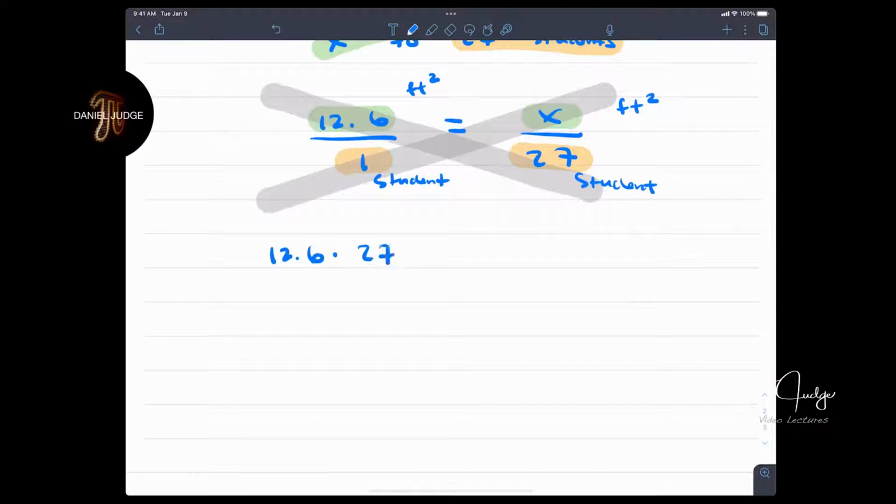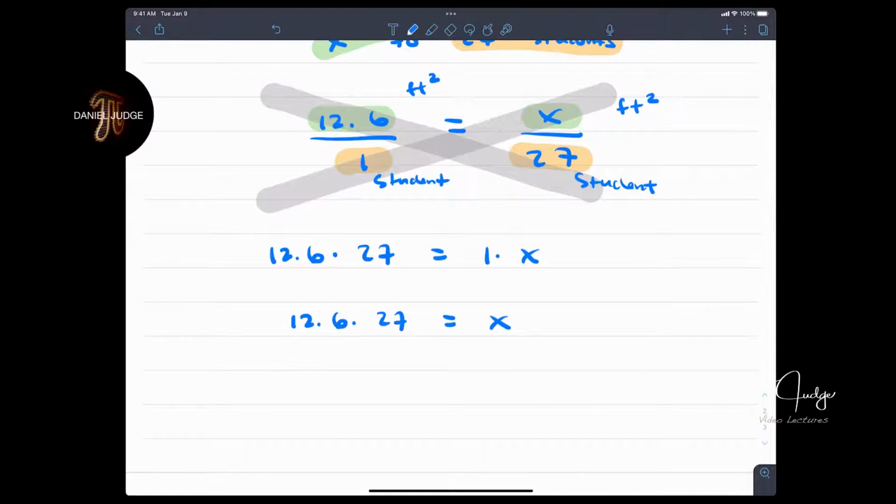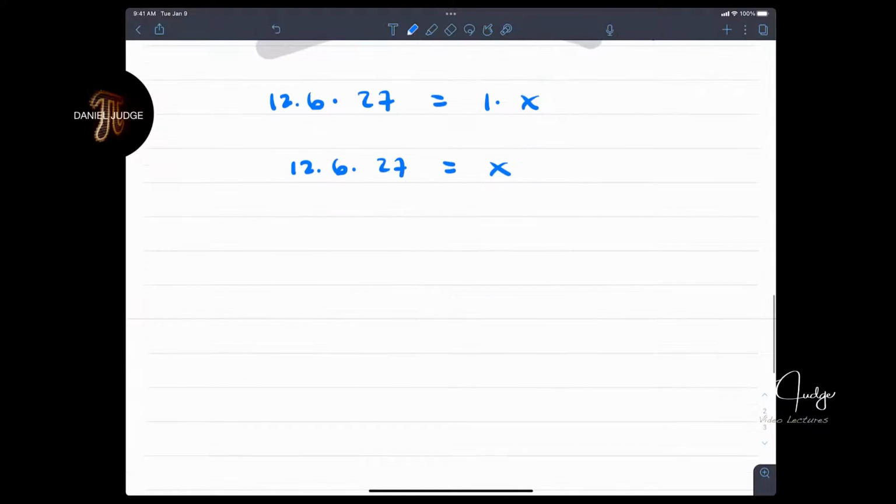12.6 times 27 equals 1 times x, which is really 12.6 times 27. 1 times anything is itself, so x is 12.6 times 27. So if I go to the TI now, 12.6 times 27 is 340.2. So 340.2 here. So let's go back to the iPad and 340.2